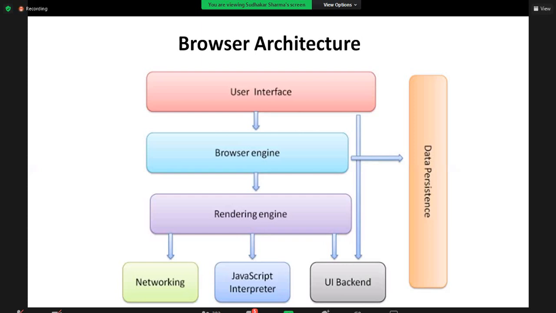The user interface is nothing but the UI you are seeing on the browser. The browser engine is responsible for doing certain activities. What are those? I will tell you now. The rendering engine's responsibility is to generate output. Output is generated by the rendering engine. And